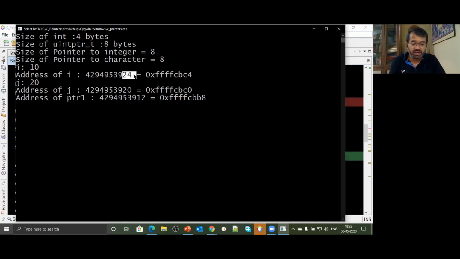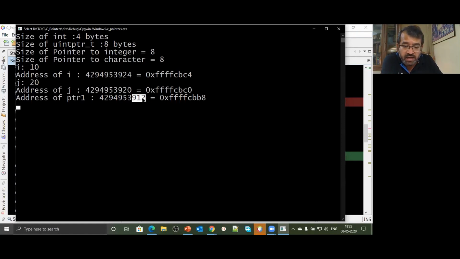So when we talk about addresses, these addresses are only the base address. You do not get all the addresses. Your integer variable is stored across 4 bytes. A pointer is stored across 8 bytes. So when I say the address of that particular variable, I'm not going to get the addresses of all 8 bytes. I'm going to get the starting address, the base address. Starting from that location, that many bytes of memory have been allocated.